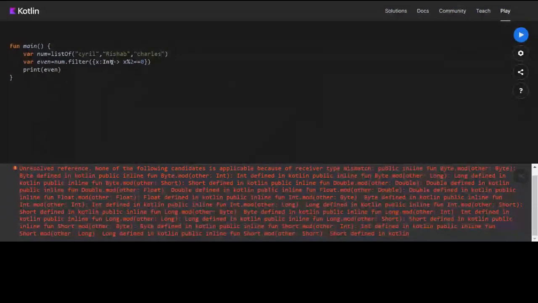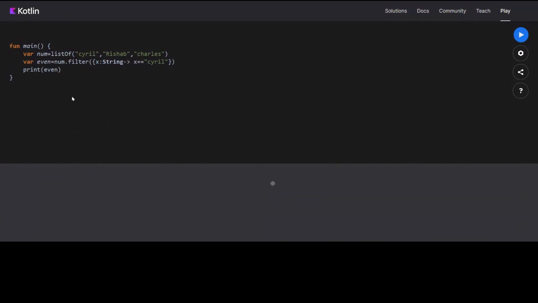Now I will take string here because our list consists of strings, and I will say if x equal to Cyril. This will return true if x is equal to Cyril, and false if it is not. So I think this should give a list of only my name. Okay, so this is correct.